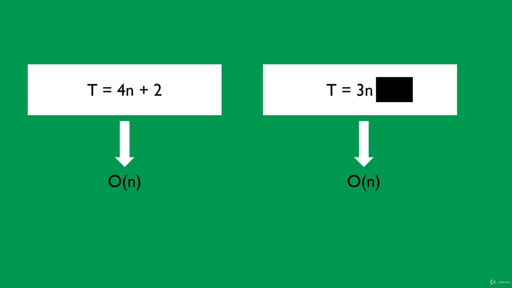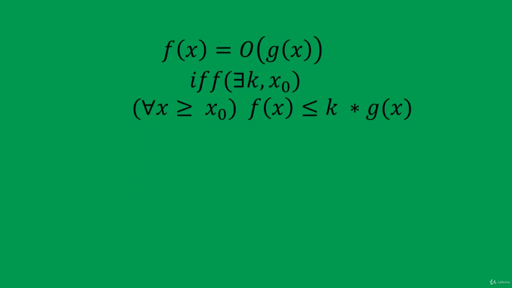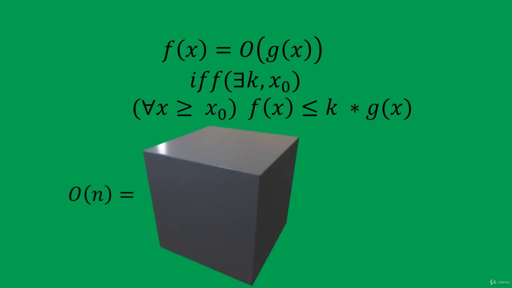So let's take a look at the definition. f of x is in the big O of g if and only if there exist k and x0, such that for all x greater than or equal to x0, f of x is less than or equal to k times g of x. So you can think of big O of n as a big box that contains all the algorithms that have